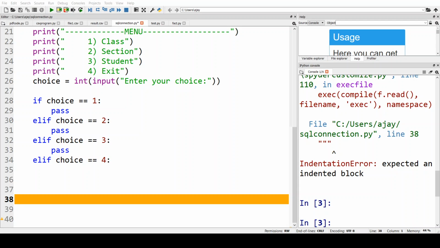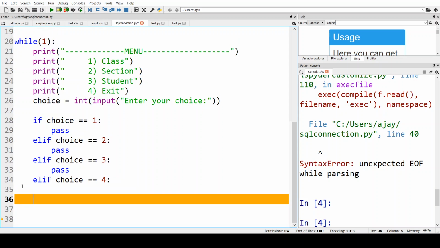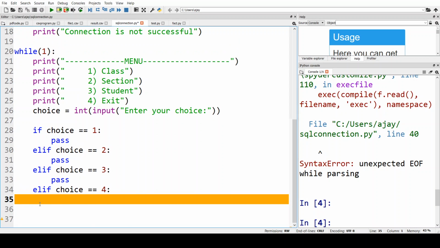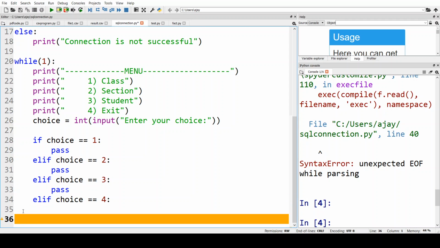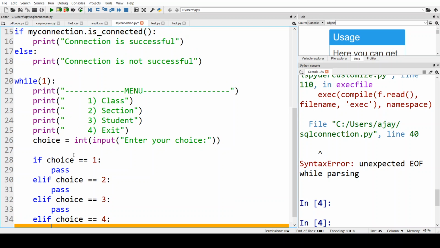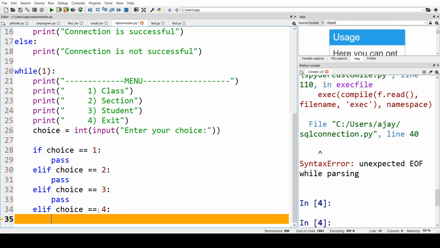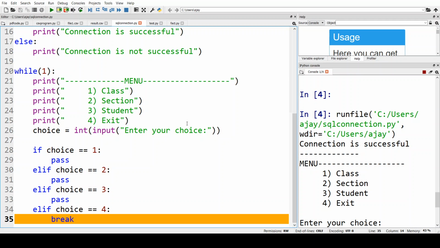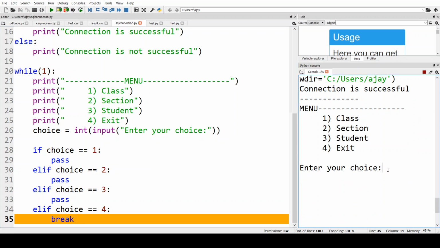Okay, so what we are going to do now is everything is going to work, I suppose. Line number 40. Okay, so there are certain characters that create the problem, and if this is that, then I need to give a break, and that was the error actually. Okay, so this is now really working, and 1 2 3 4, if I give 4, then it is going